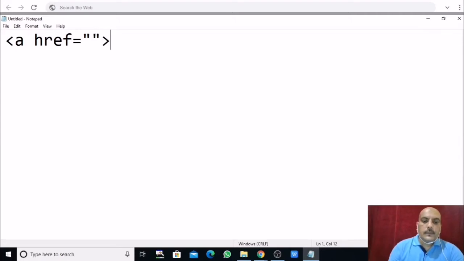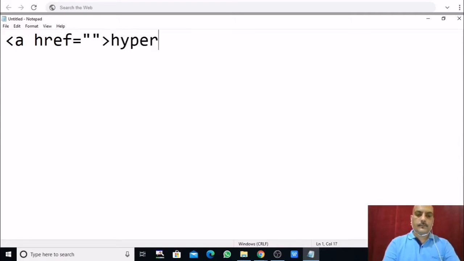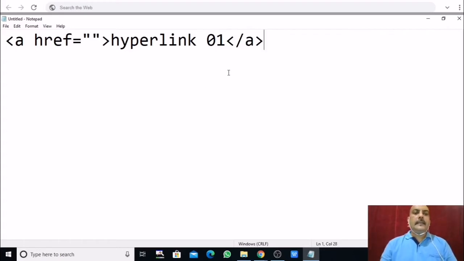Then close, write hyperlink 1, then close again with A. This is the syntax of a hyperlink, in this case an external link: A space href, hyperlink reference, hyperlink 1, A close.